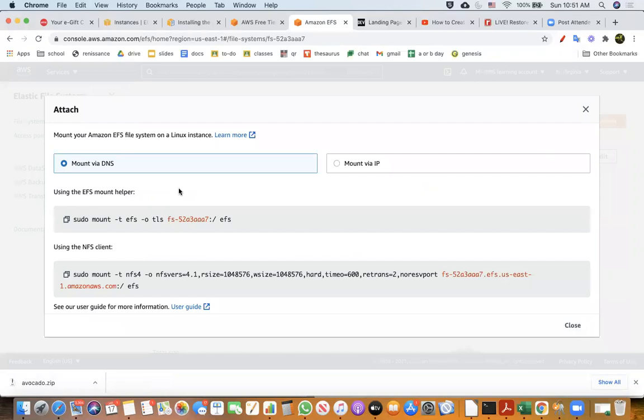So I'm going to attach them. For attaching them, there are certain steps that we need to follow. What we need to do first is that there is a way this particular file system needs to be mounted into a particular server. So there is a set of steps that we need to do.